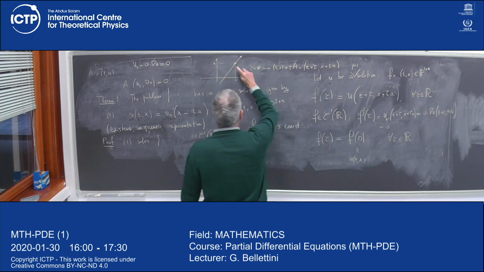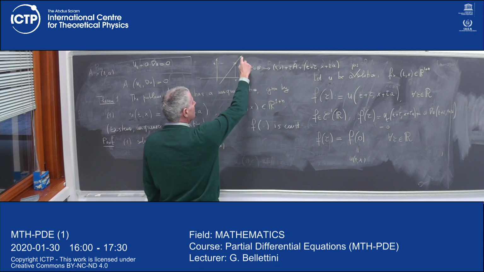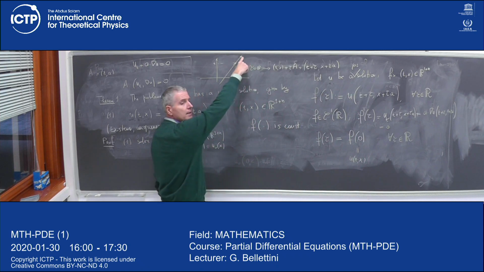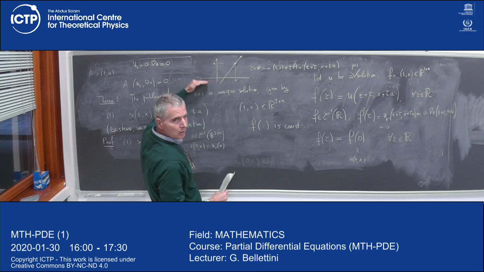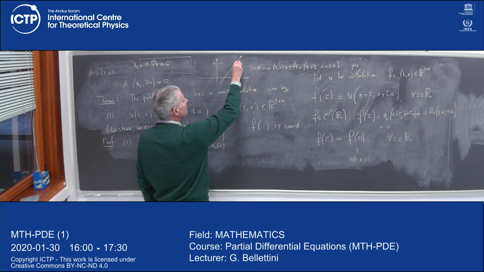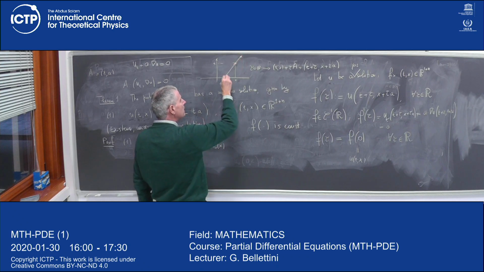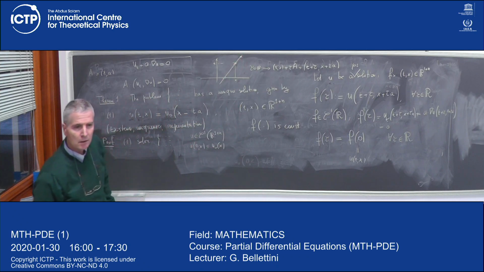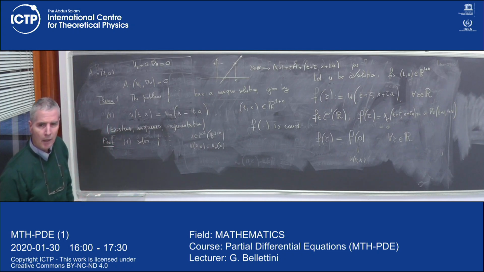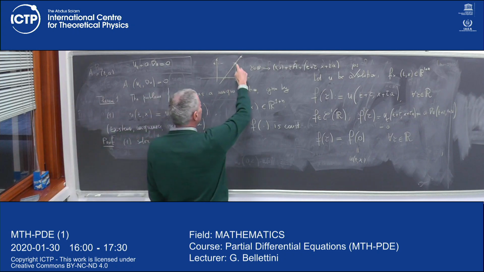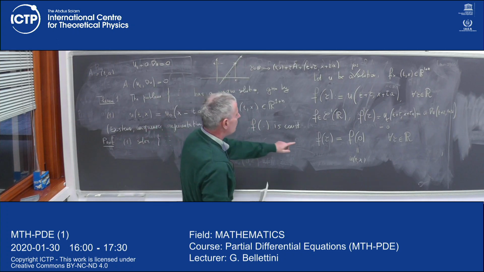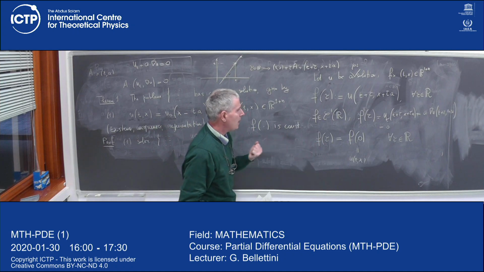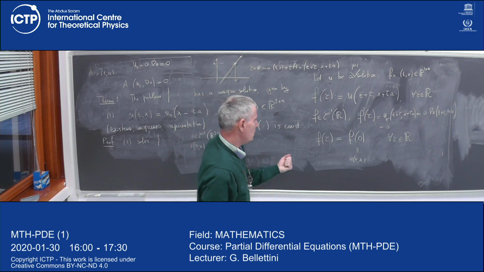Fine. And I know that u is constant, so at this parameter tau it must be equal to this. But I have now to use my initial condition. So it's enough to say that the value of u here is constant, in particular must be the value of u here. And the value of u here, how do I get this? Well, in this picture, I get it evaluating this at minus t. No?